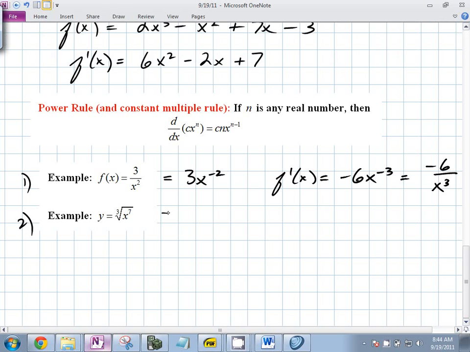So what about this one? What should we do first here? What is that equal to, Maddie? X to the what power? Close. 7 over 3. So therefore f prime of x is equal to,